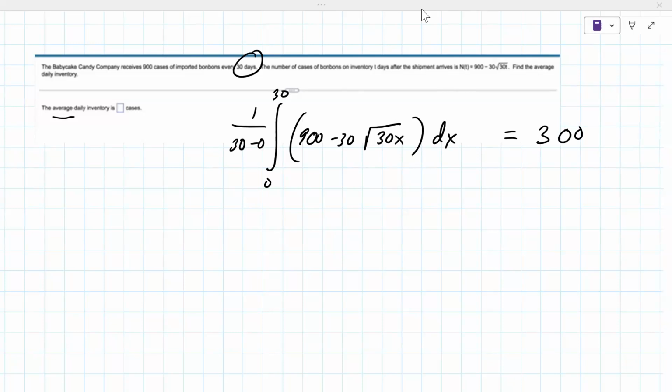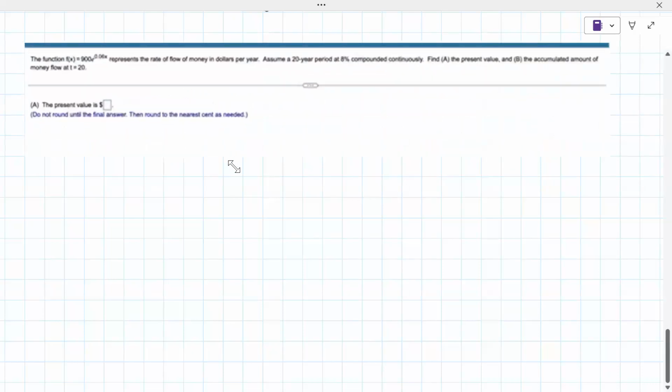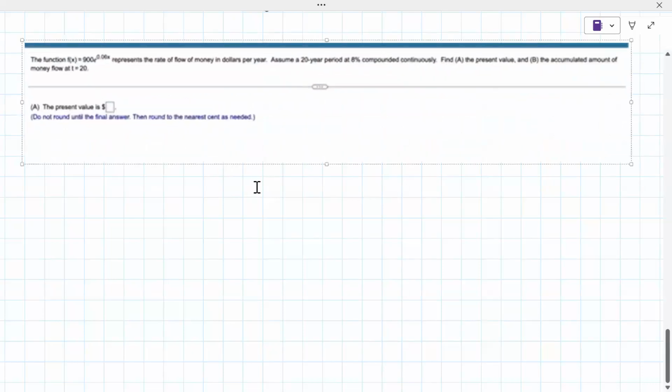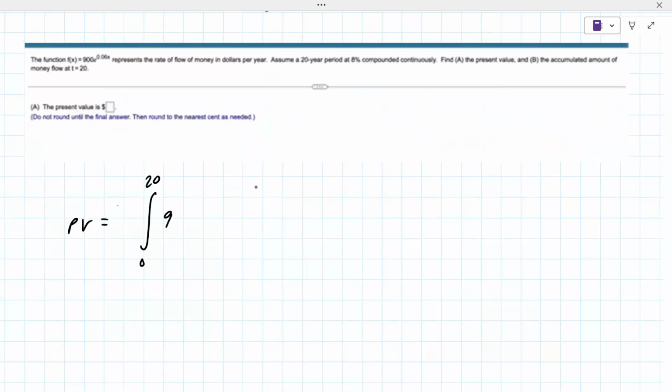So the next couple of questions here have multiple parts to them. And we did these in an earlier lesson. So the present value is the integral over the time period. So it's 900e to the 0.06x times e to the minus 0.08x dx. So where does that come from? It comes from that right there. Just remember it is negative,